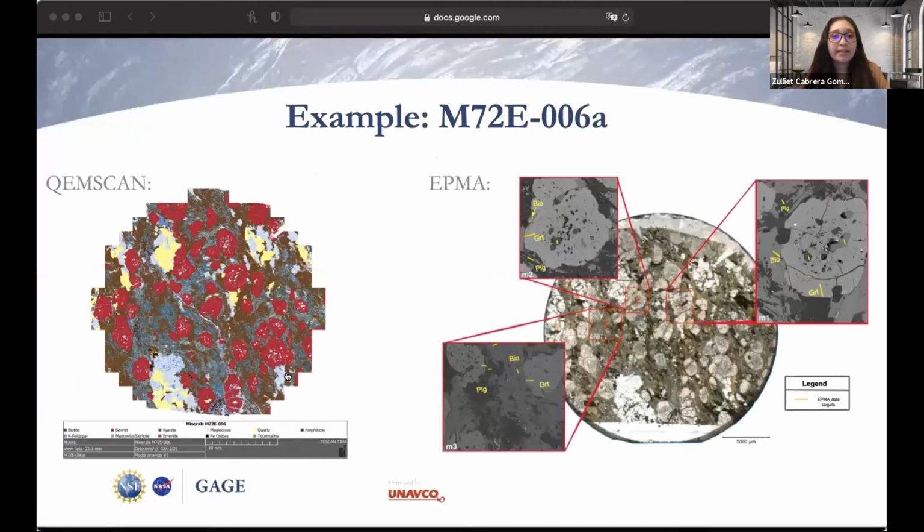Okay, here we have an example of what a ChemScan and an EPMA figure would look like. It's taken from the M72E006A sample. The ChemScan to our left is a colorful mineral map where each color represents a different type of mineral. The ChemScan provides us with a bulk modal analysis of the minerals present. The EPMA, which is to the right,